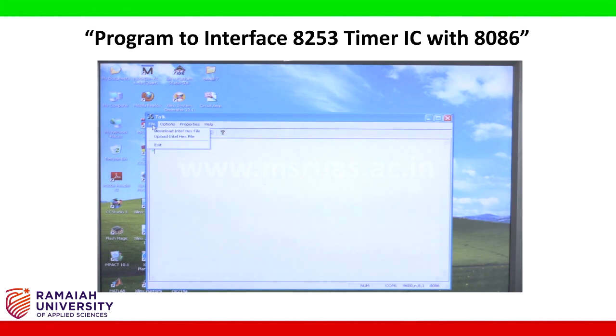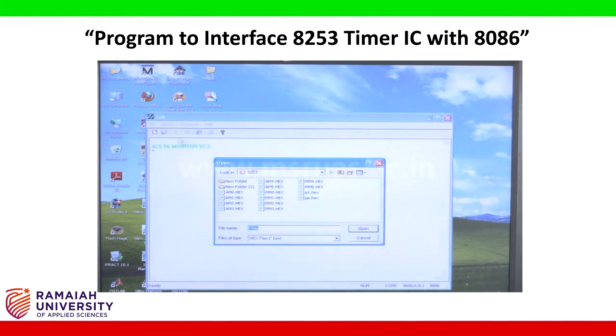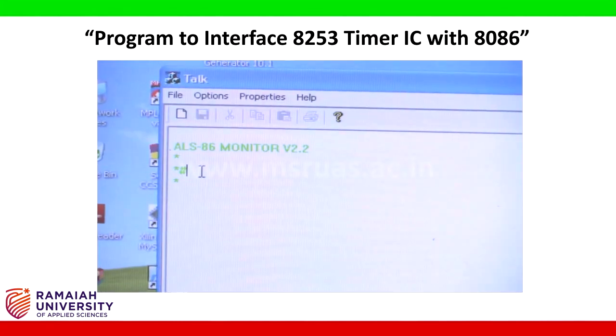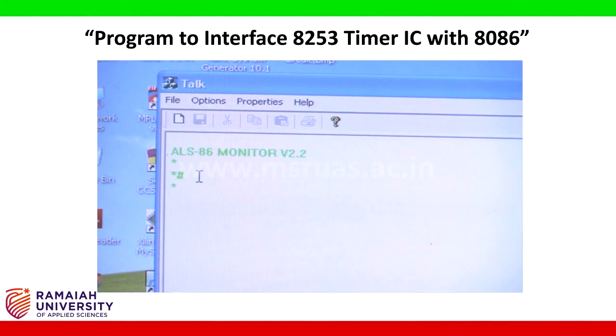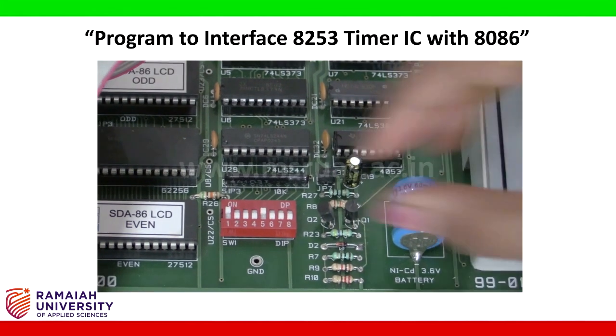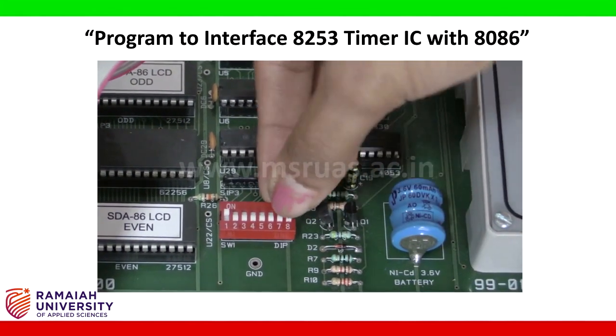Then go to file, give download the hex file, then select the ALS 8086 software folder. From there select x8086. Then timer.hex, the hex file is selected, and give open. Once you get this symbol, the hex file is being transferred into the 8086 kit. Once the hex file is transferred into the 8086 kit, bring back the dip switch from 1 and 5 to 1